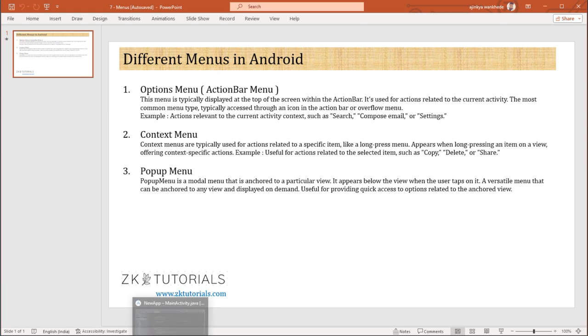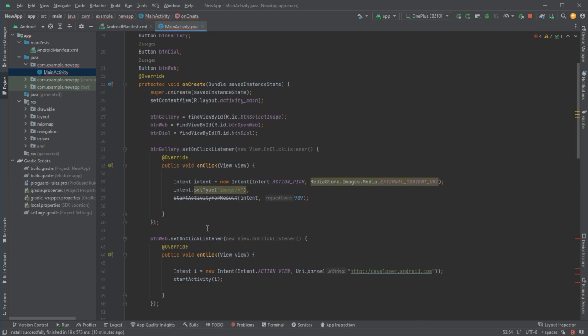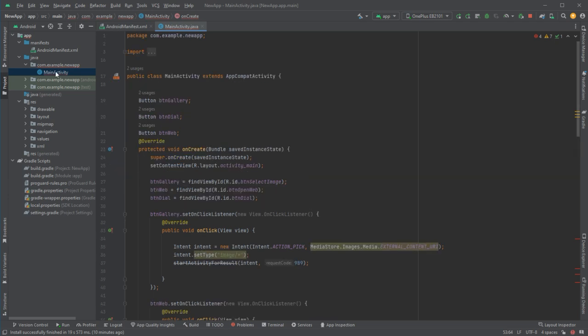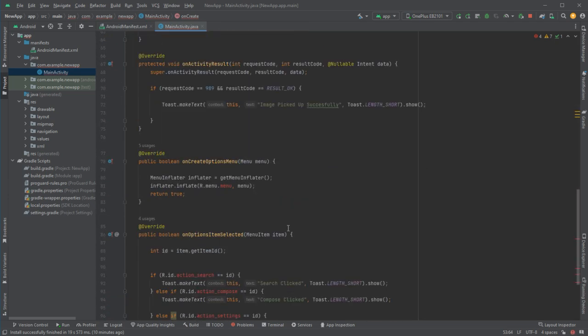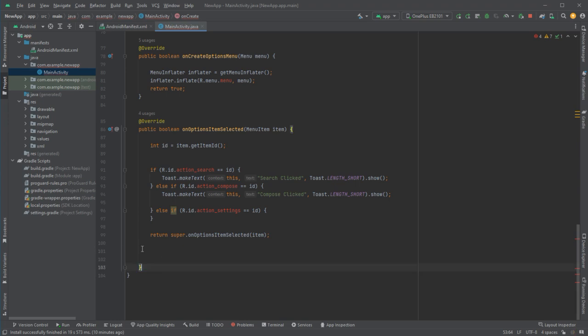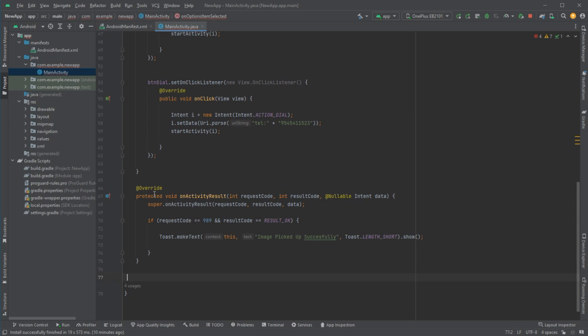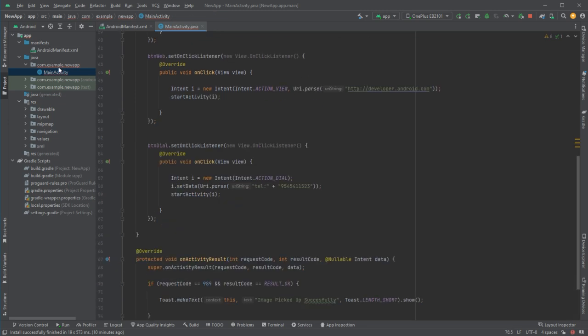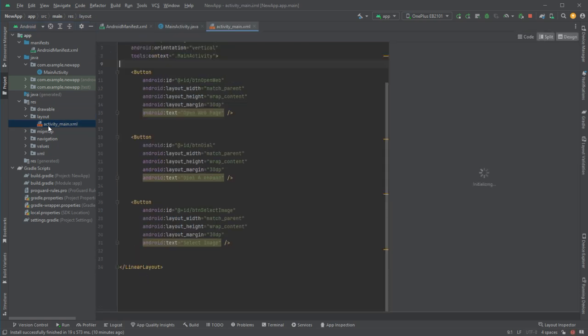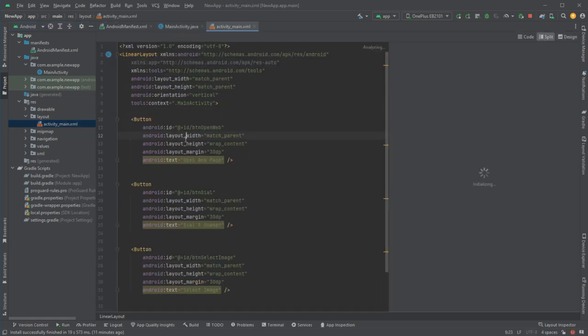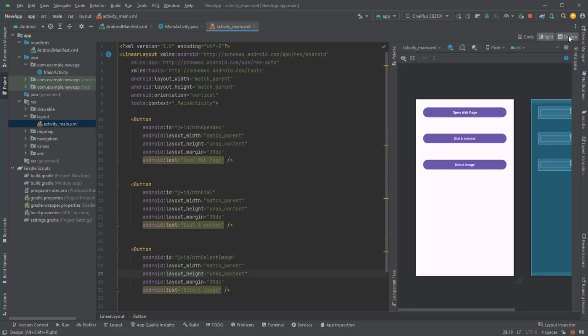So let's go and check in Android Studio how we can achieve this menu. Let me delete the code I have here. Okay, if I go to layout, as you can see, I have a linear layout and buttons. I don't have any action bar or anything like that. If I go to the design section,